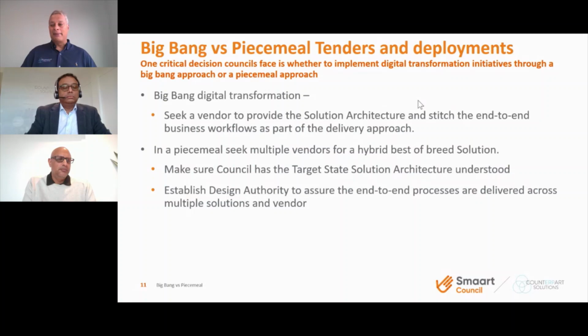If I give an example, take the asset management function: asset acquisitions end up in fixed asset accounting capitalization. So what we want is a vendor that has a solution architecture that can show how the asset management function out in the field allows the business to perform that activity, but then ends up automated. The capitalization process is automated back in our financial system. So the vendor has to come back with the solution architecture.